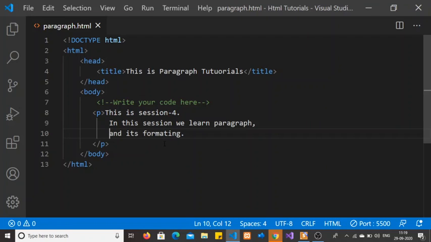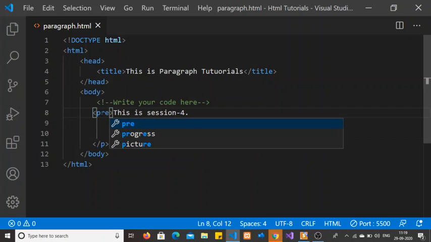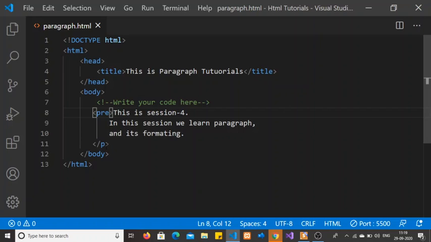But I want to show this document as written, so for that we have the pre tag. If I look at the browser, you may see that whatever white space and number of lines I gave, it looks the same as the code.